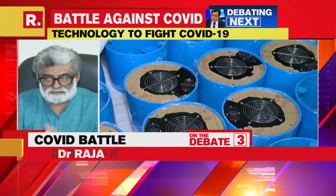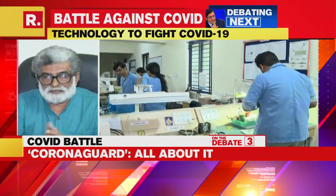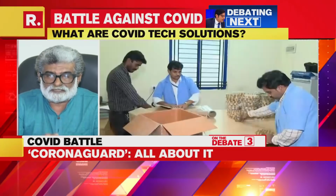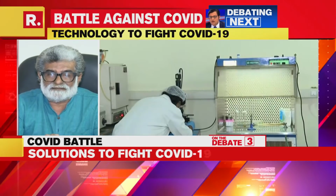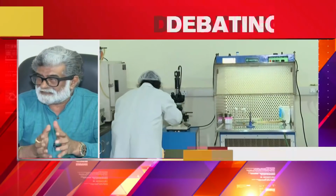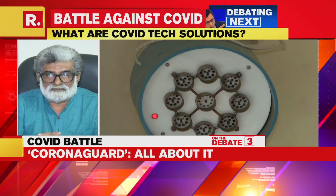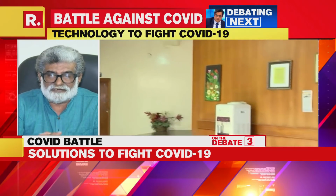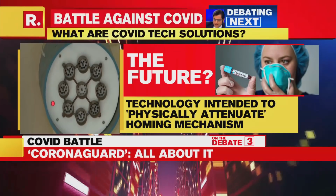This was the first principle of this, which we thought about a long time ago. After that, we first tried to use this device for containing the flu and cold and things like that. So that's how it started. And thereafter, the COVID came and the device was assessed and further modified, further improved to see that the right energy levels are maintained. This innovative technology is intended to physically attenuate the homing mechanism on the virus and prevent